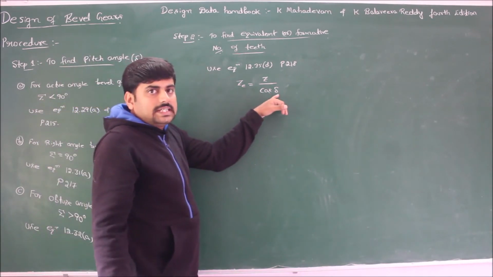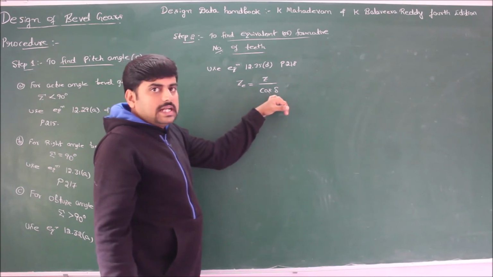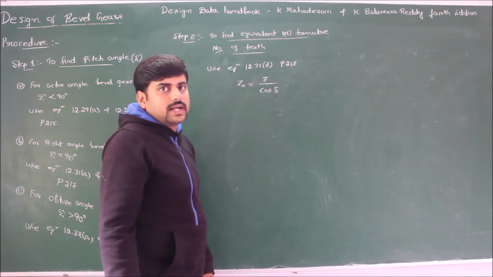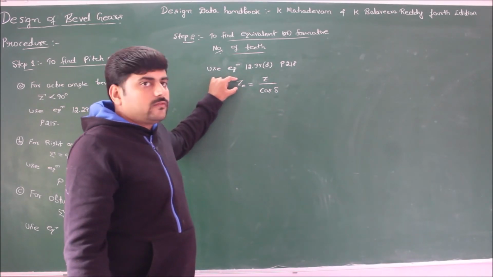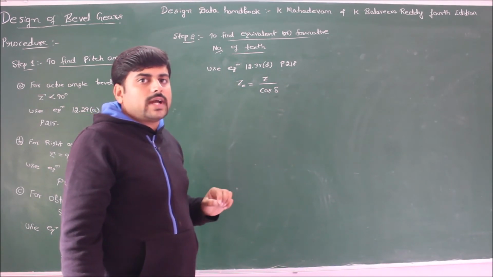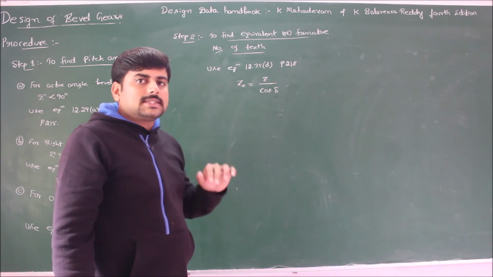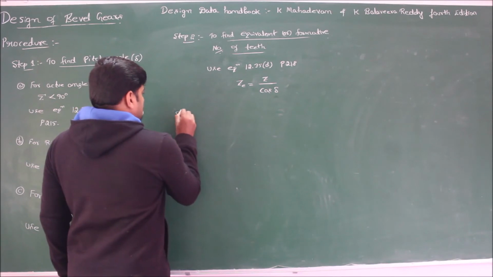Substituting the value of delta 1, I will get Z equivalent 1. Substituting the value of delta 2, I will get Z equivalent 2 with the corresponding values of Z1 and Z2. Once you find the equivalent or formative number of teeth on pinion and gear, you can find the Lewis form factor, which are available for spur gear by replacing Z by Z equivalent. That is step number 3